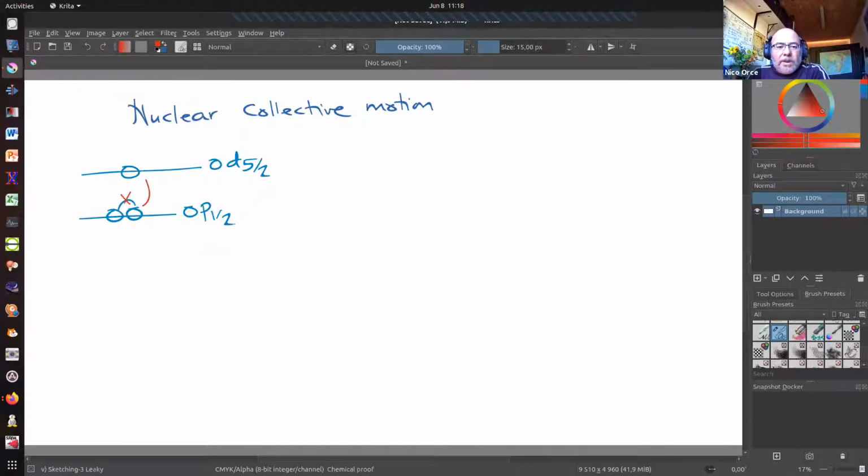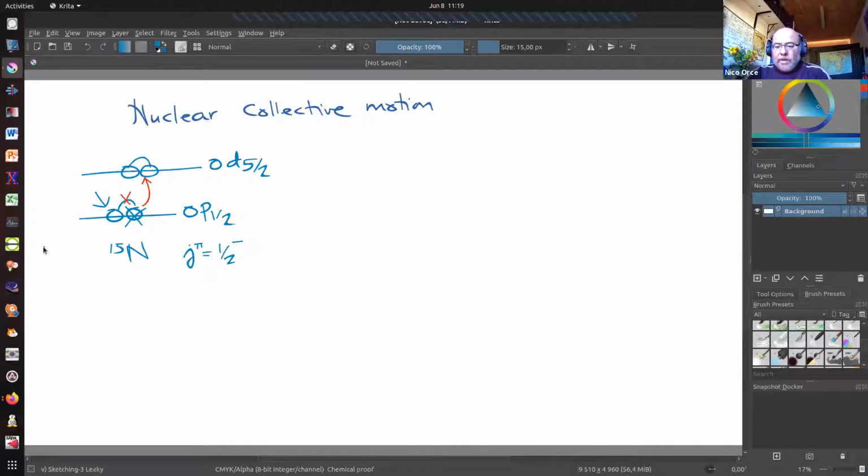And we promoted this guy here, so that this guy now forms a pair, and this guy actually is not there anymore, right? So the odd particle was this one, and this happened for nitrogen 15, right? Or to explain the J pi equal 1/2 minus that we have for this